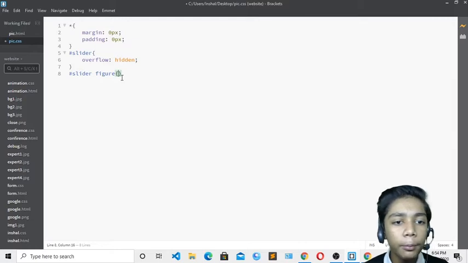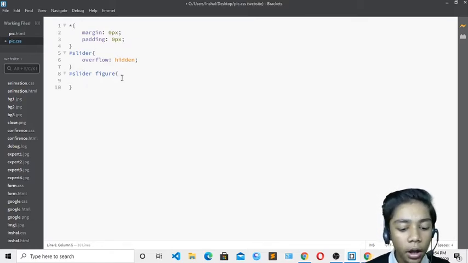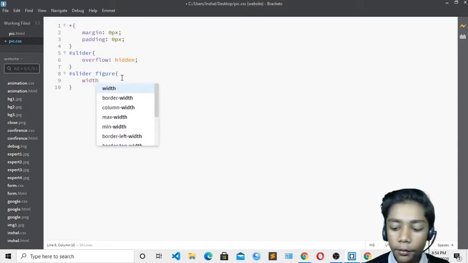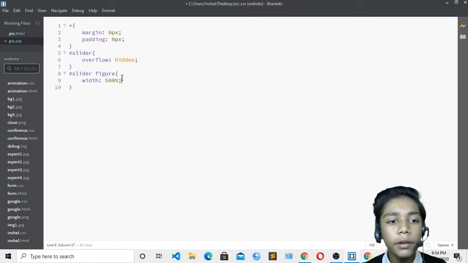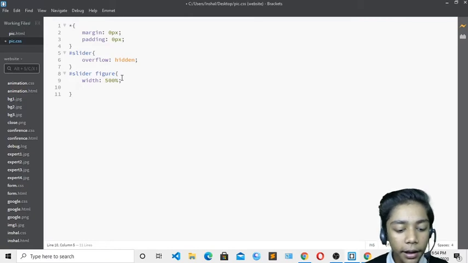Now we have to style the position, then we have to write margin, width and left. So I will first of all write width. I want the width of the image to be 500%, not pixels. There are many differences between pixel, percent and vh, like I have told you. Over here I will press enter and write margin 0.